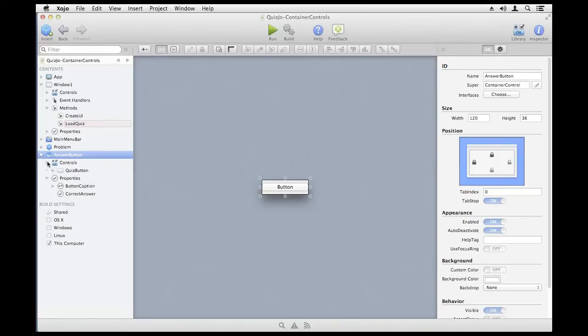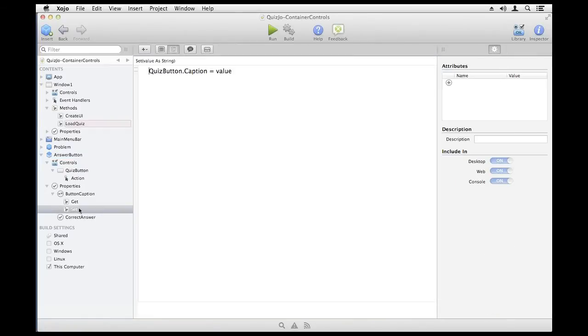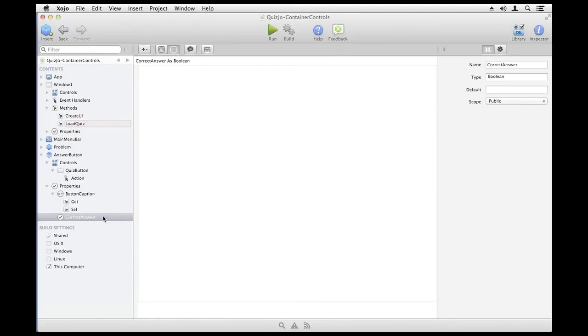And I'll expand this out here. There's a couple properties, and the button has one action event. So the button has a computed property here where only the set method is implemented, and this just is used to set the value of the caption of the button. And there's also a Boolean property on here that is set to true if this particular button is the correct